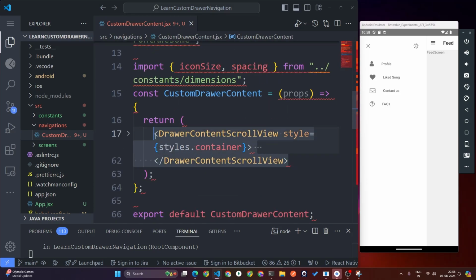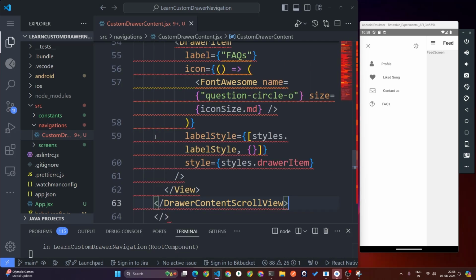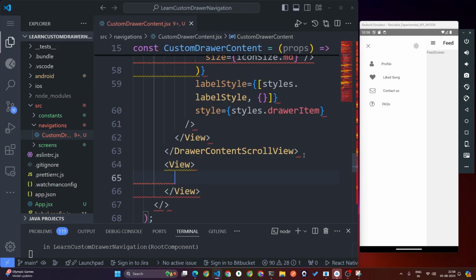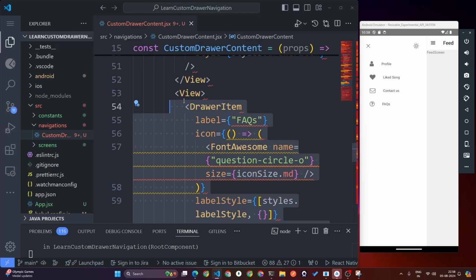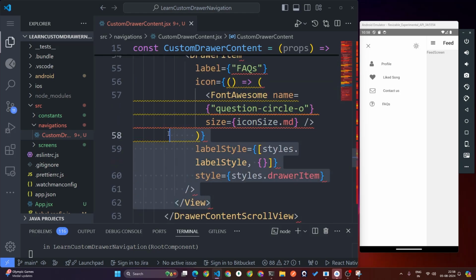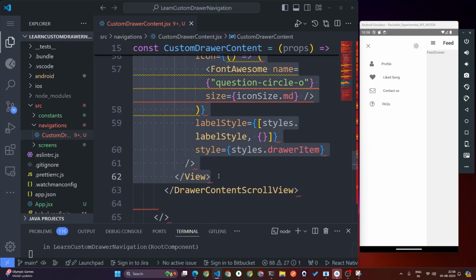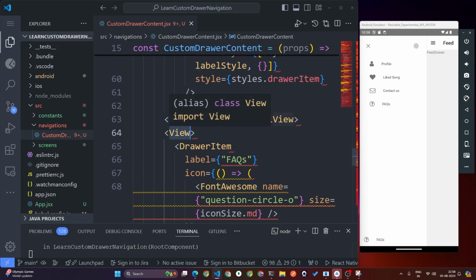Okay, and you have to cut this line of code, and you have to make a fragment like this, and just paste the code, existing code base. And after that you have to make this a view like this, and inside this view, let me remove this code, and I'm gonna copy this view code quickly. Okay, all right, awesome. Now after this drawer content is called view, I'm gonna just copy this drawer item,